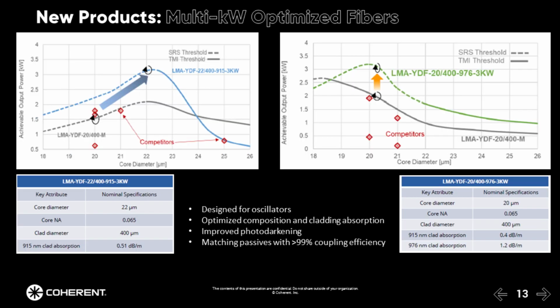Our kilowatt-class optimized fibers were developed for industrial laser applications where materials processing with multiple kilowatts is needed. In this case, we can do single-mode beam quality with up to 3 kilowatts, designed for pumping at 915 or 976 nanometers. But these can also be used in amplifier configurations, not just the oscillators that are more typically used in industrial applications, and that's where they can potentially support certain high-power applications such as directed